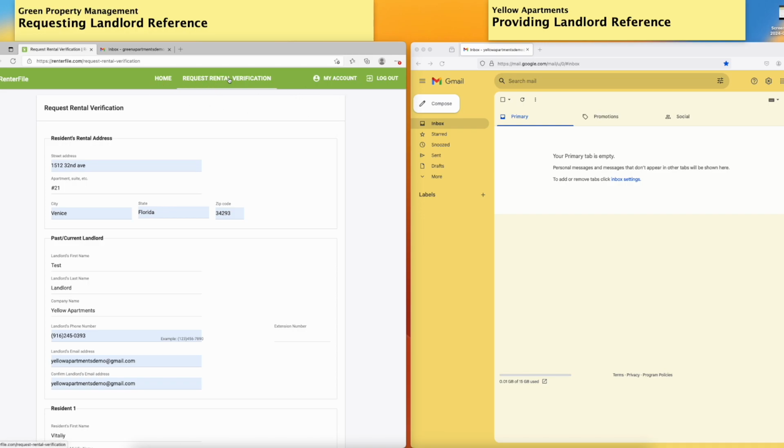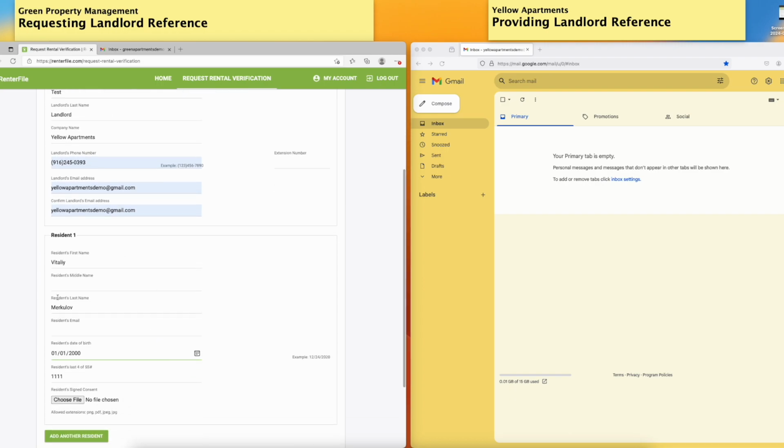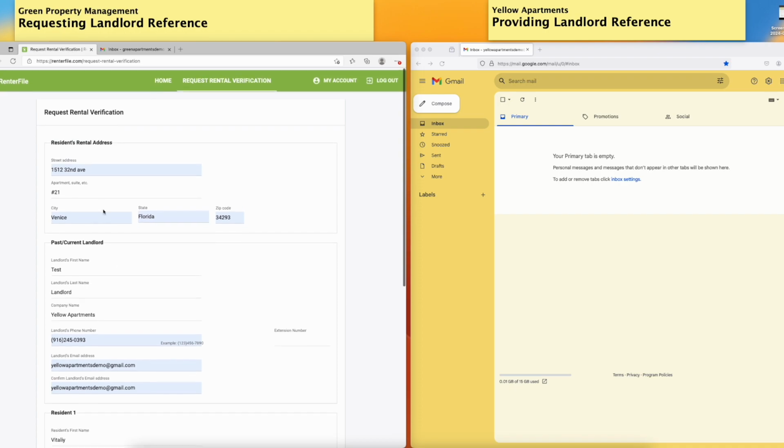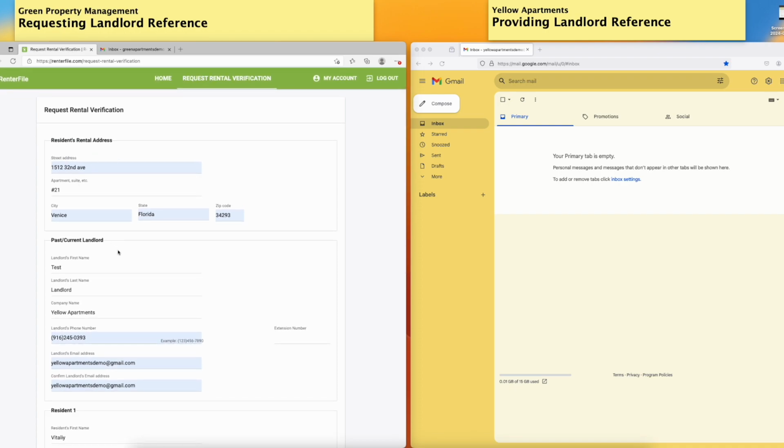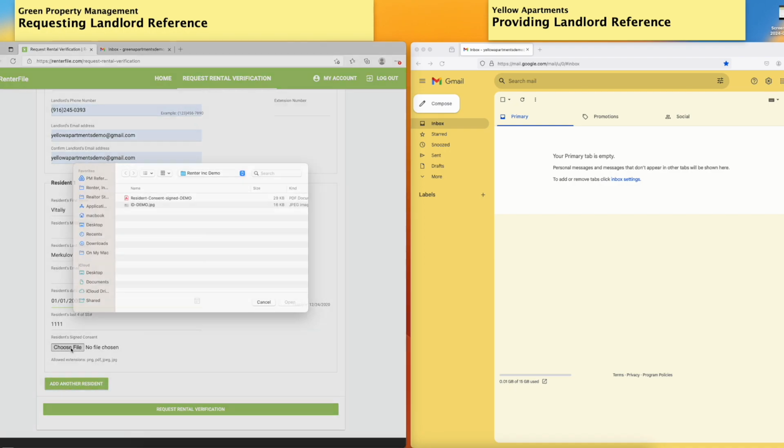Now, on the left here, once you register, you would go here and click on request rental verification. You would enter the resident's address, the past landlord's information, and then the resident's information. So I already have this filled out just to speed up the process, but what we're going to do is